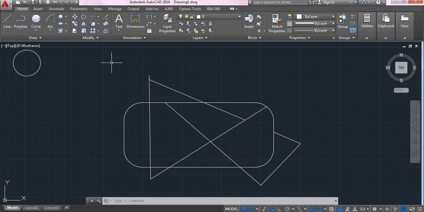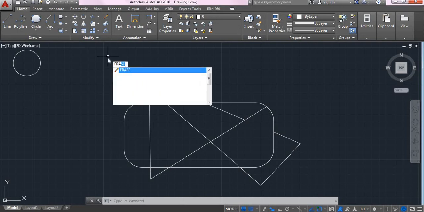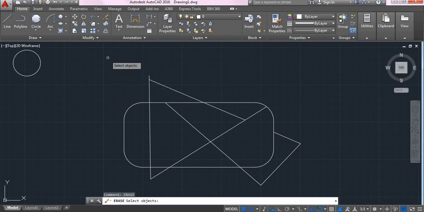The next command is the erase command. How to use erase? In order to remove any curves or lines from your drawing, you are going to use the erase command. In order to go for erase, you type ERA from your keyboard and hit enter.